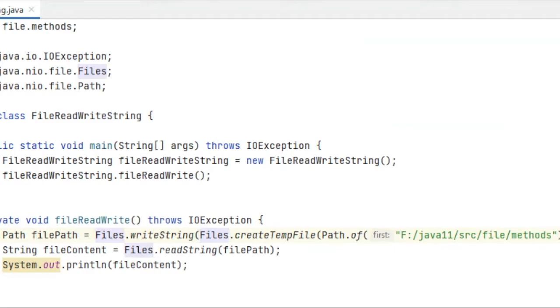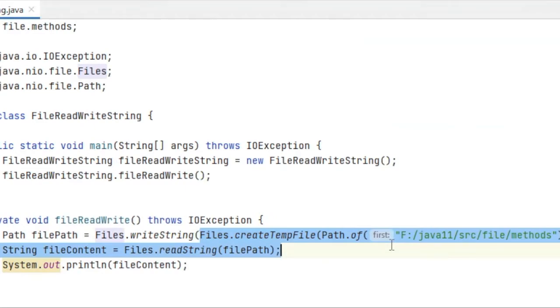So in Java 11, a new simple method is introduced, like writeString and readString directly. In this example which I am showing you, this is the Files class in which we have the methods readString and writeString. In writeString, I just have to provide the file path.